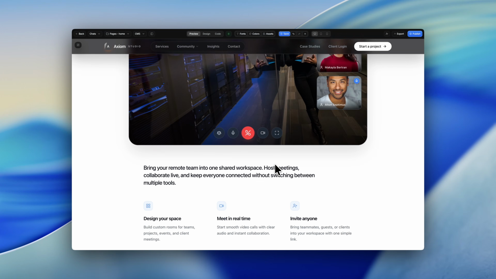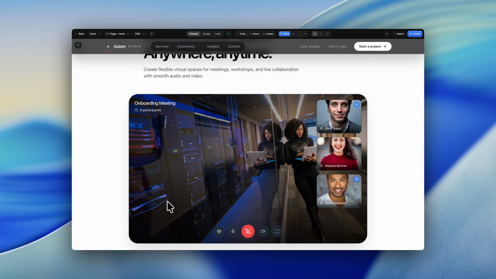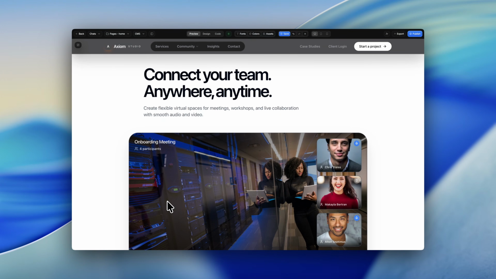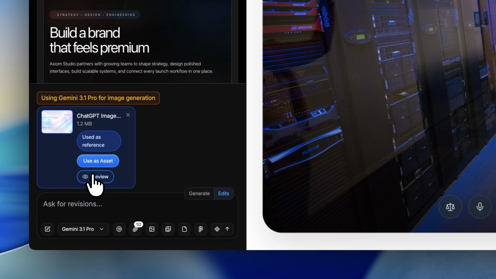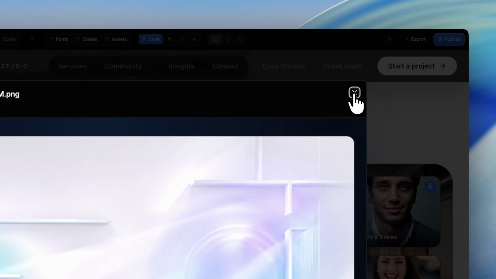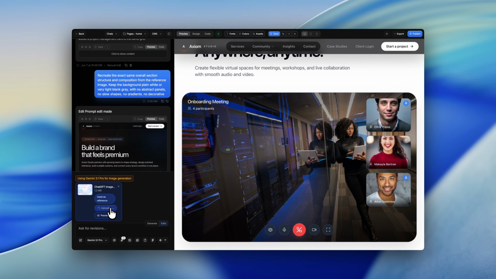This is where the sections start to feel more cinematic because instead of keeping it flat, we will bring back the atmosphere, lighting, and motion behind the main layout. All right, now I'm going to drag and drop my extracted background directly into the prompt field. You can also preview the asset before prompting, just to make sure it looks correct. Then I'm going to click on Use as Asset. And now, instead of generating from scratch again, Aura will use this exact visual as a reusable background asset inside